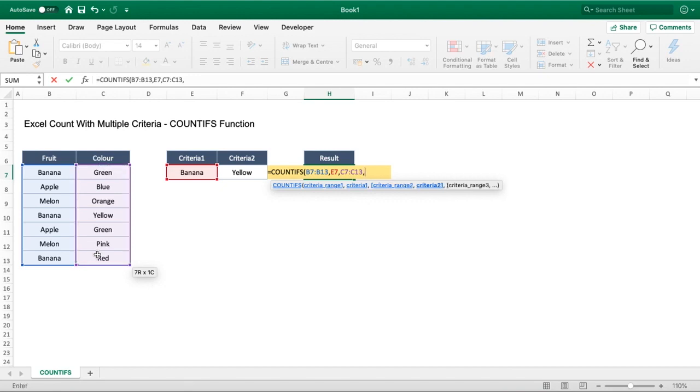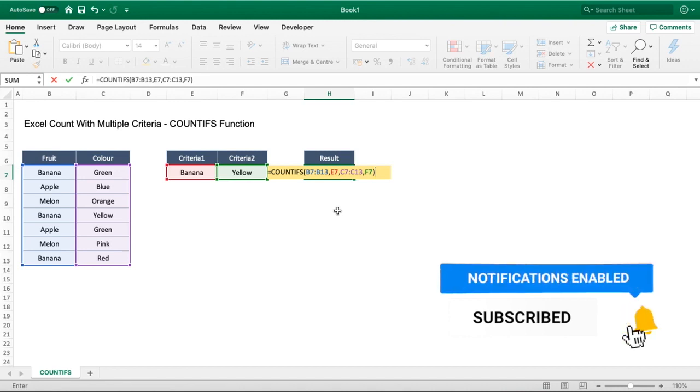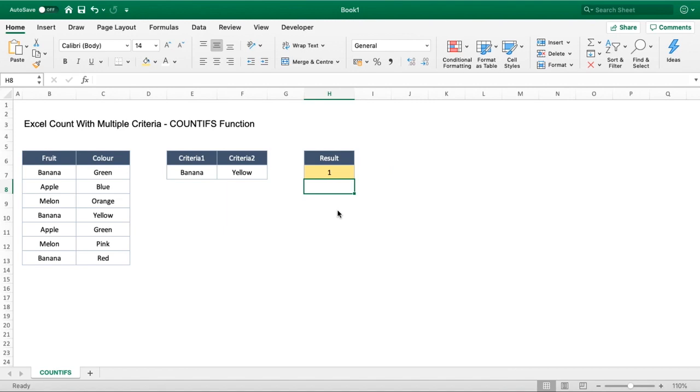Do the comma, so we then move into our criteria 2. What's the criteria to apply to range 2? And then we can simply just select yellow from here. Once we've done that, we'll close our brackets so you can see the full function here, and each section has been highlighted a different colour, which is very useful to differentiate between what part of the function you're in. Once we've got to that, we can hit enter, and you can see we get the result of number